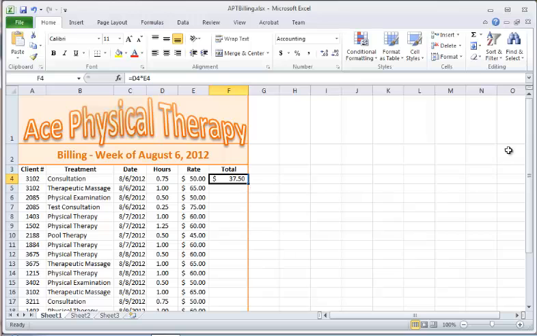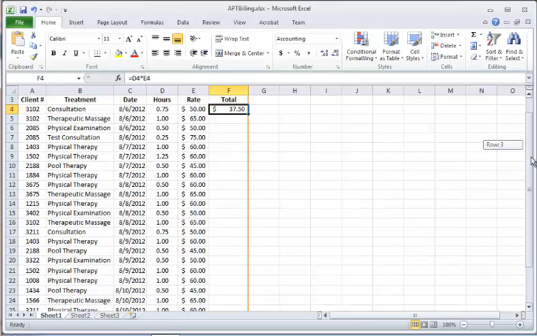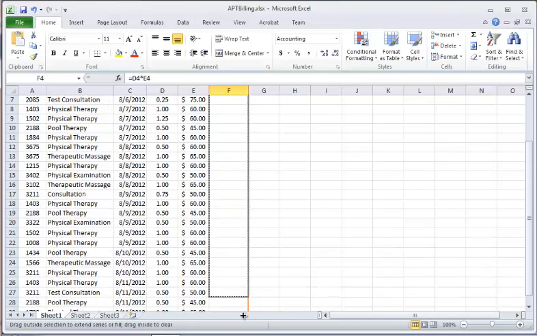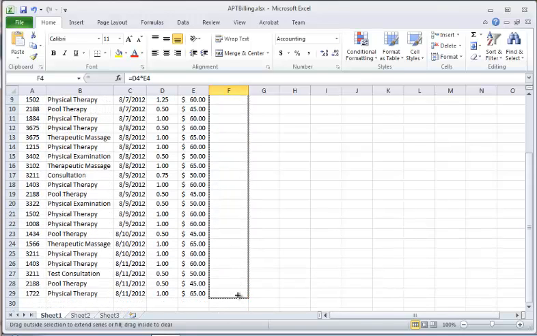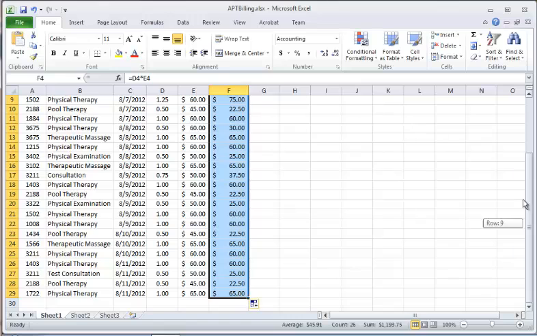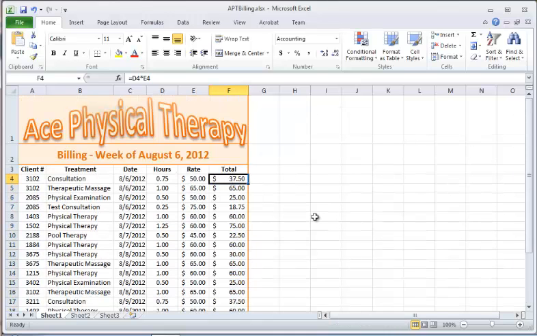So then I'll do the autofill. So let me just move down a little bit to the rest of the column, and that's it. We finished the formula calculation. So let's move on to